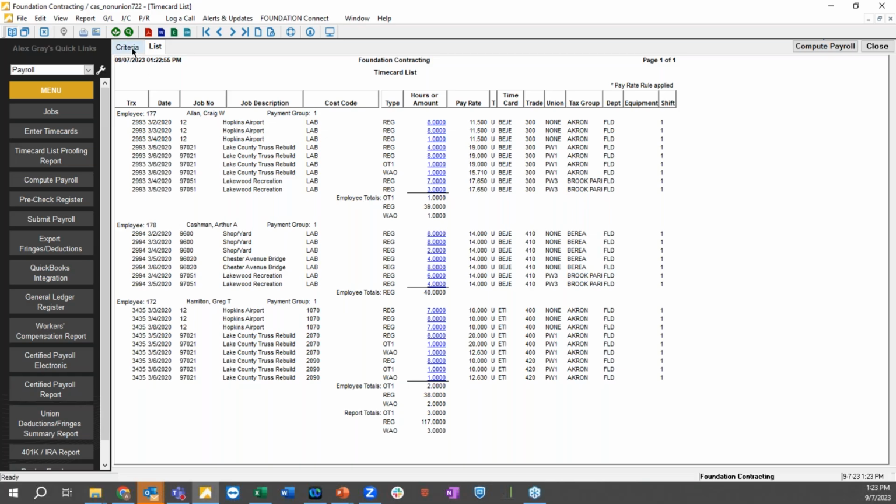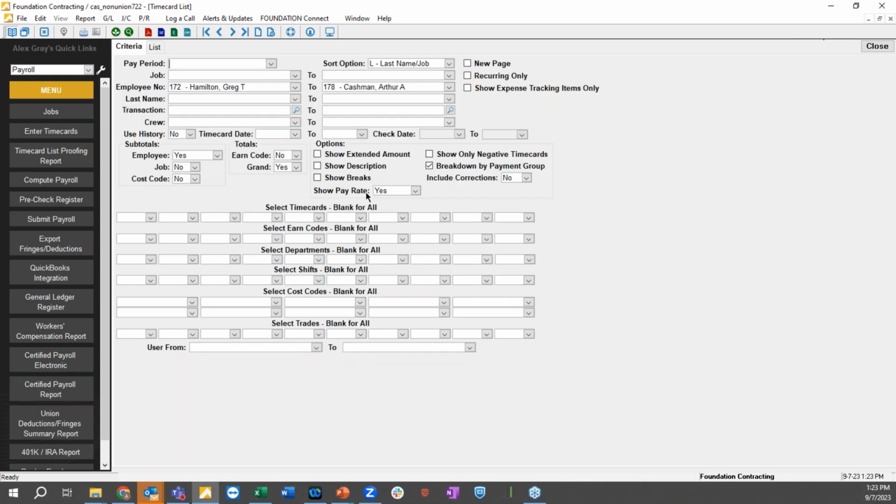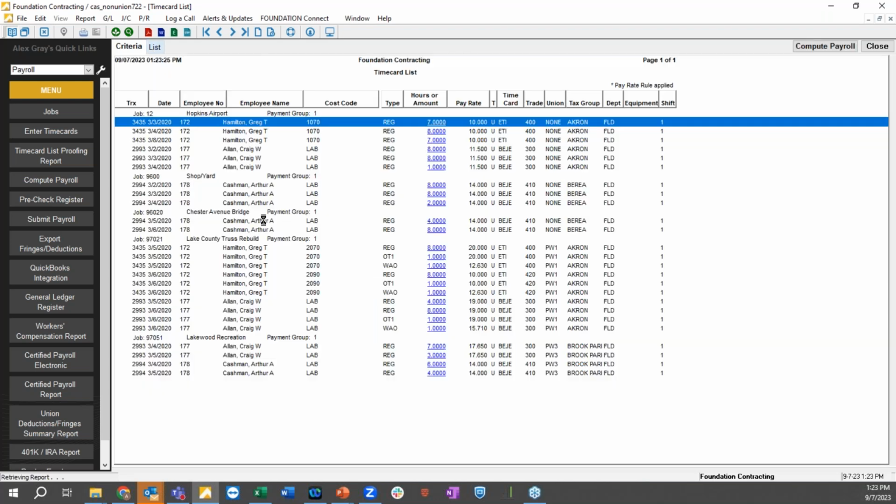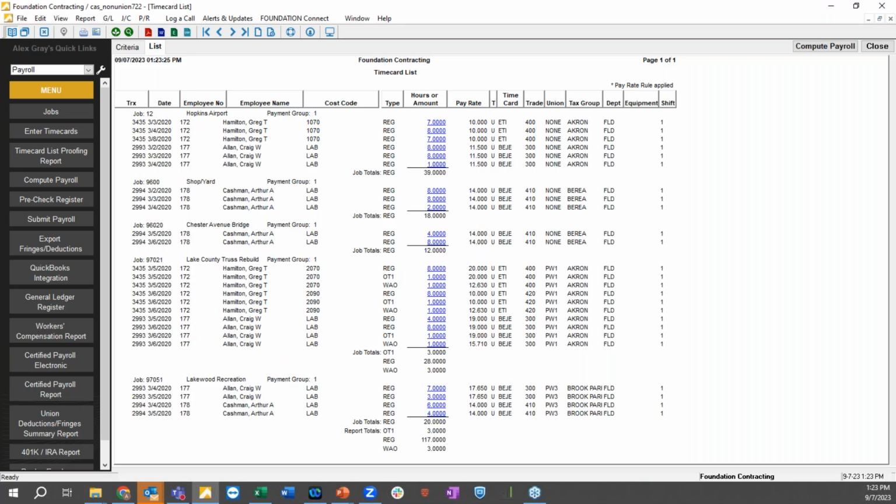One thing you will notice here is that when I open this report, I was met with a criteria tab that allows me to format how I want this report to be run. So maybe you don't review hours broken out on a job by job, employee by employee basis. If you want to see them broken out by job, all right, not a problem. Switch that criteria, rerun the report. I now have that same information, but broken out by job, giving me my job hours subtotals inside the system.